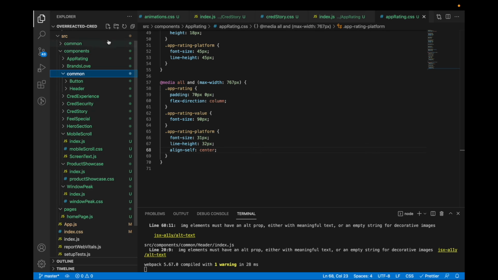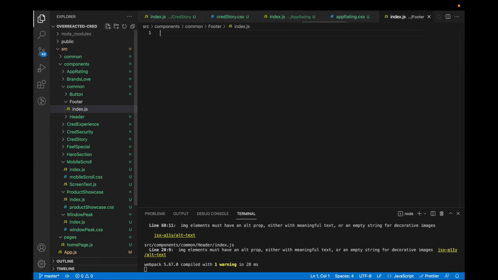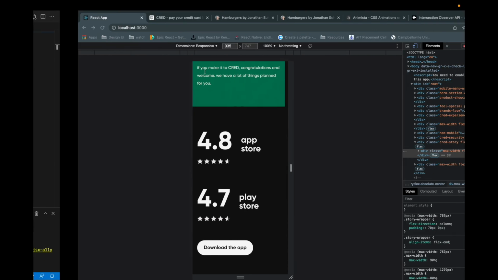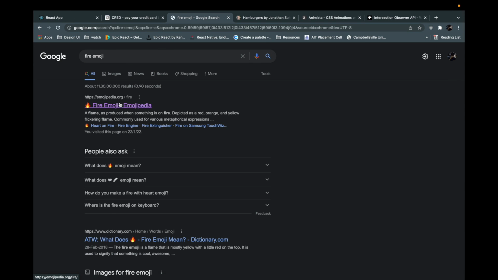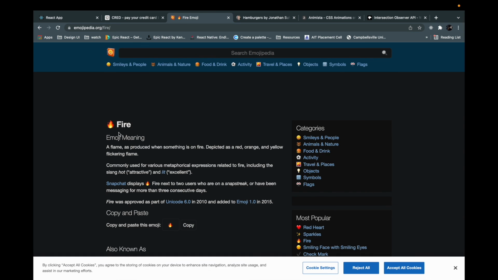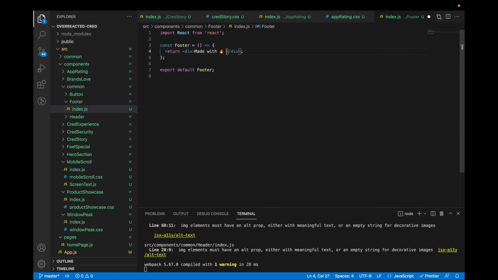I'll just go to common, I'll create a footer here and I'll create index.js. I'll say RAFCE, I'll say footer, I'll say made with, I'll copy fire emoji from somewhere. This is the most fun part, the feeling that you get when you complete a project is irreplaceable. So made with fire by